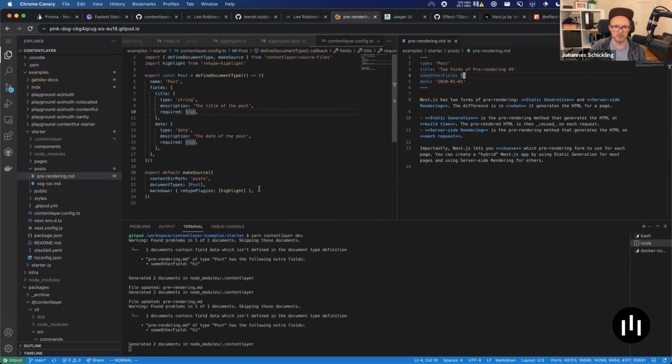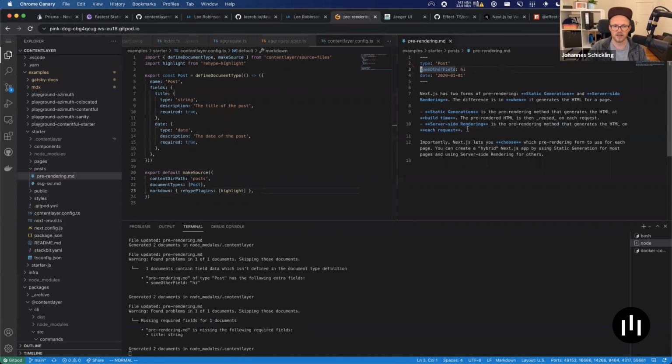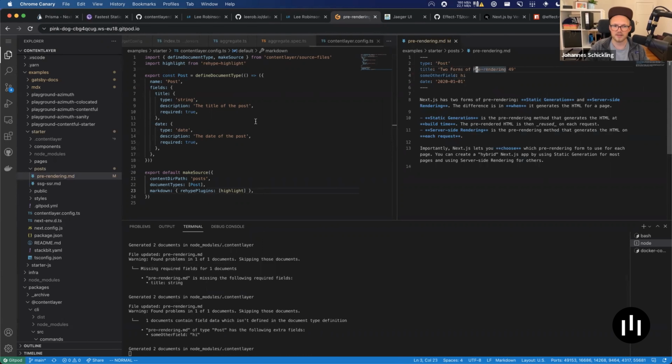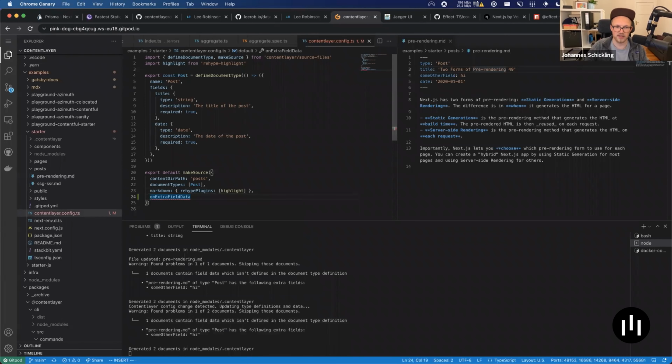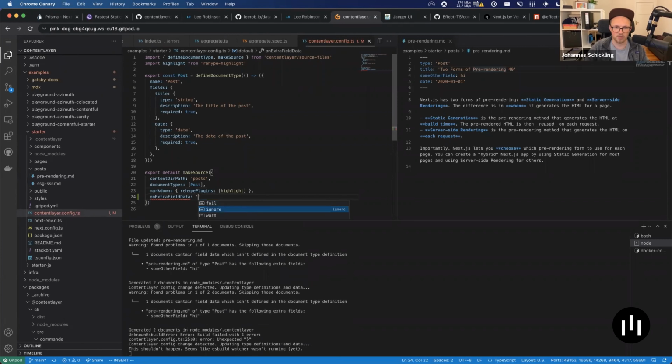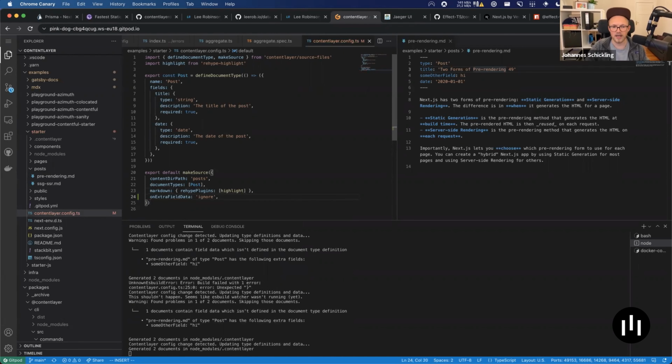However, we could, for example, also say, what if we're missing an important field? Then it says it's missing this field. And it bothers me that it's printed here with this extra field. So we can now configure this, saying on extra field data, we want to just ignore it. And this is again where the config watching comes into play. Here we say we detected that the config has changed, we recompile it and re-execute the entire thing, and now